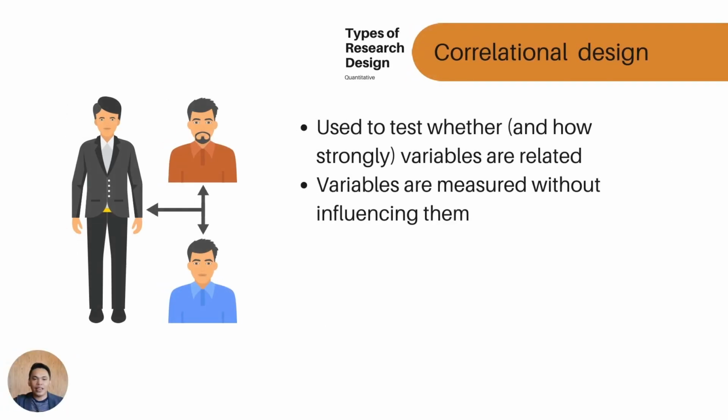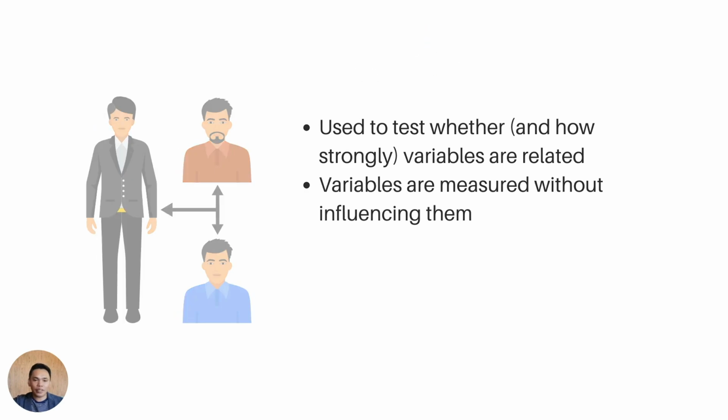The next one is correlational design. Correlational design is used to test how strongly variables are related. Variables are measured without influencing them. Some of the examples of these are,